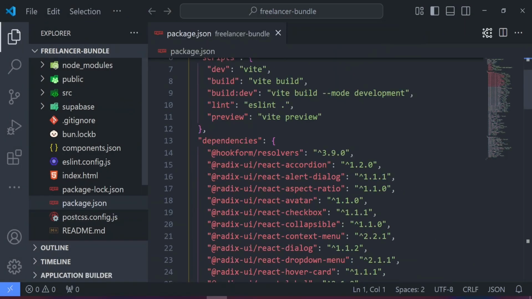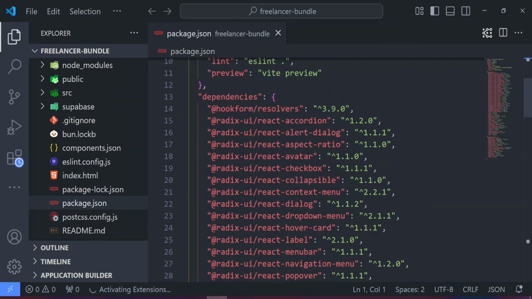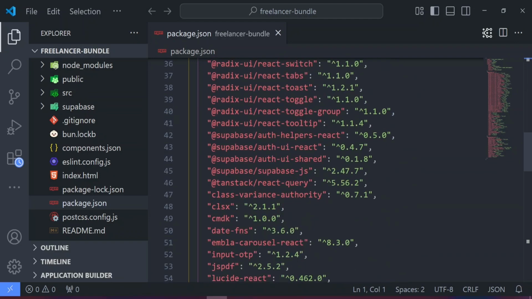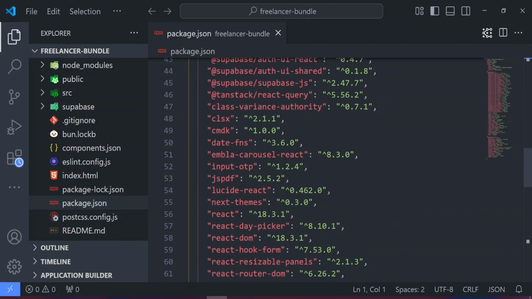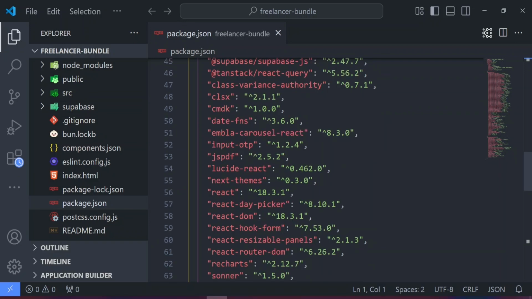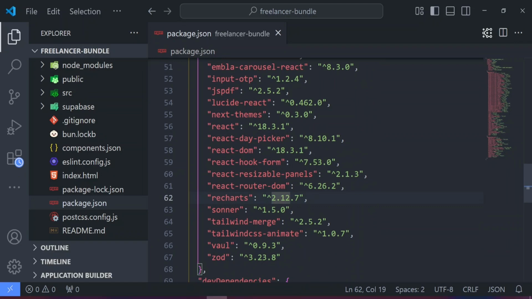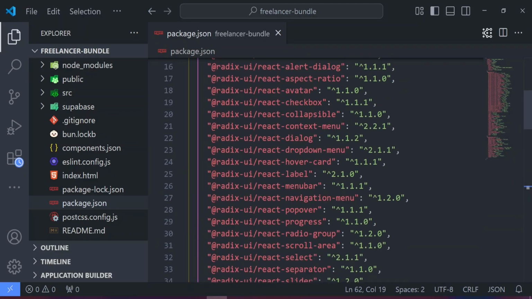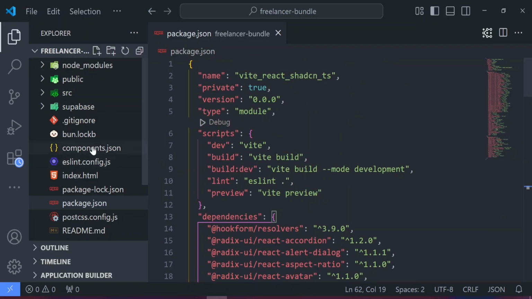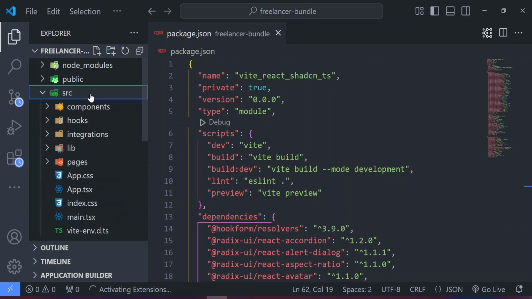So you can see all the packages installed, all the dependencies installed. You can see we have the hook form resolver, Radix UI. We have Supabase installed. We have JS-PDF, which helps us to download our invoice in PDF. We have React Date Picker, which didn't tend to work, so we have to make use of the default HTML date picker. We have Tailwind installed as well. You can just go through all the packages installed, and then the code base, which you always find in the